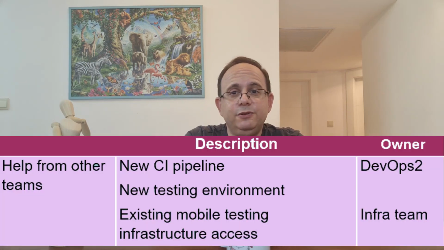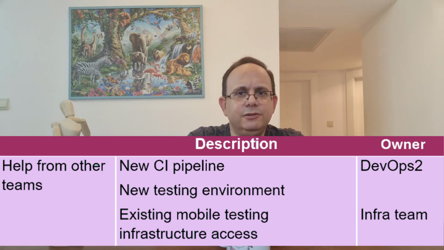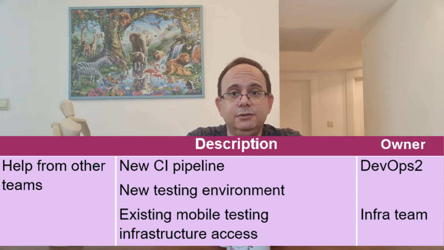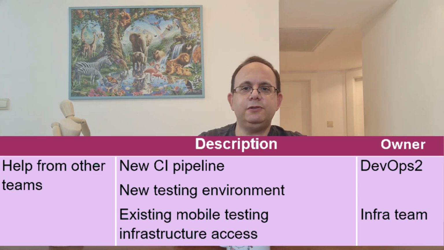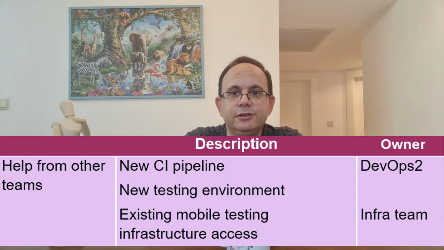First, we'll probably need a few DevOps things, like new environments and new continuous integration pipelines, and probably some other things we still don't know. We'll find out later. But we're new to the mobile space. Luckily, we heard that there's an infrastructure team that helps with infrastructure for testing mobile applications. We haven't seen it yet, we don't know what it can do, but we're thinking we're probably going to use it. Now, that's an assumption.